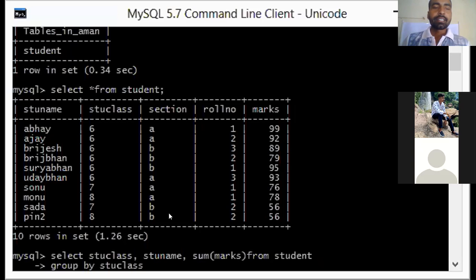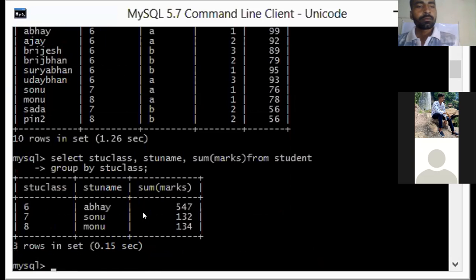Press enter key. Now you can see the grouping has been done on the basis of STU class, because we have written group by STU class.